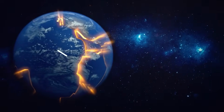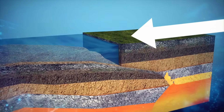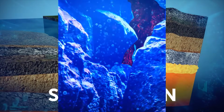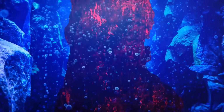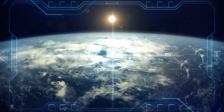The mighty Pacific Plate, the heavyweight champion of tectonic plates, decided to take a dive beneath Zealandia's continental crust. This process is called subduction. As a result, the root of Zealandia, that connection to its continental crust, broke off and went into the depths below. So you see now that it takes millions of years and a lot of action for a new continent to